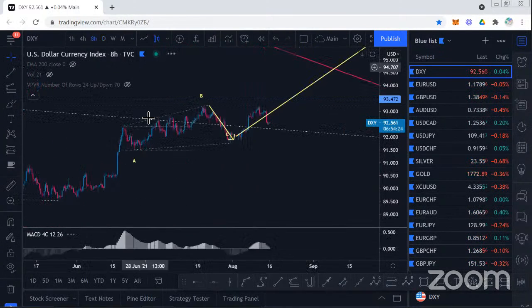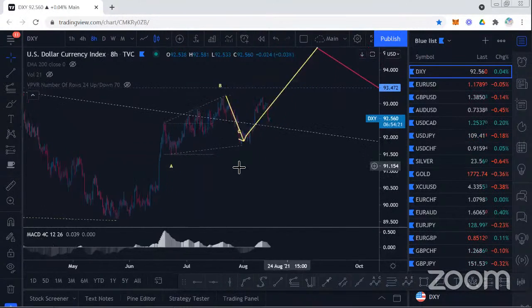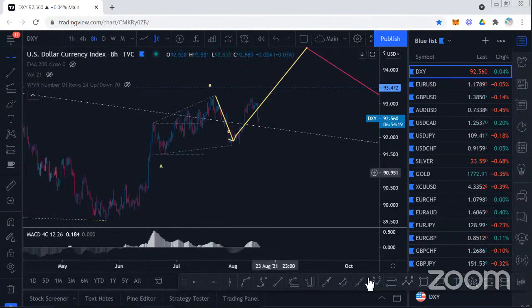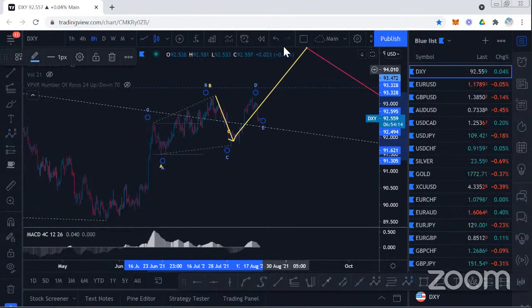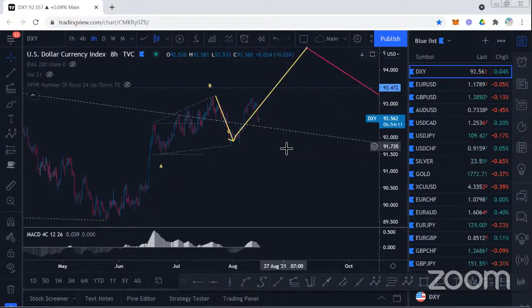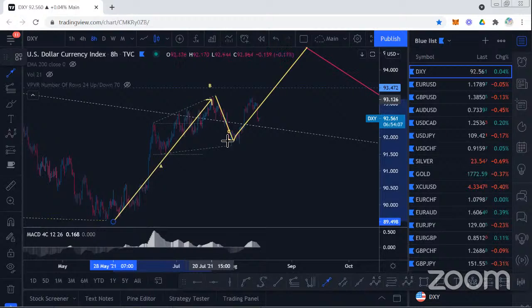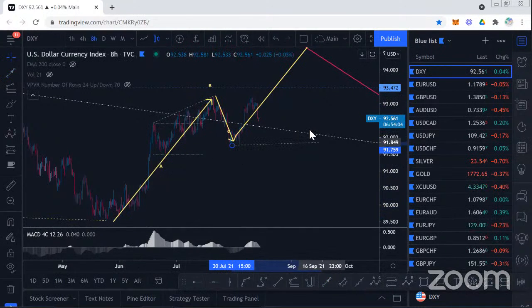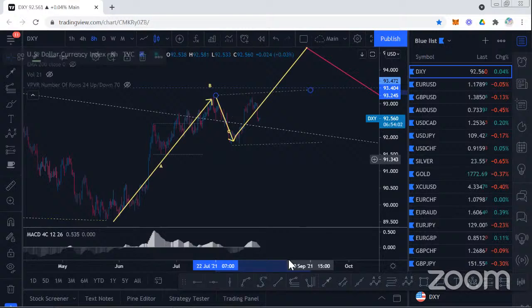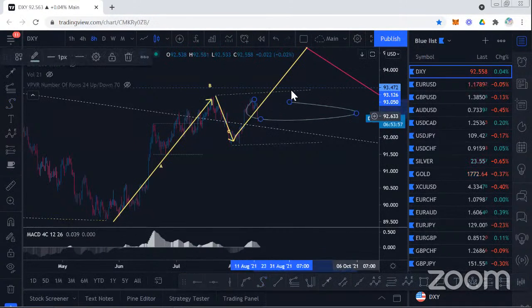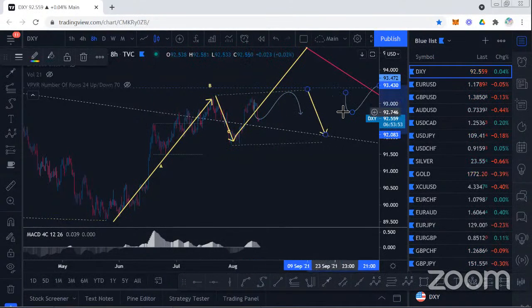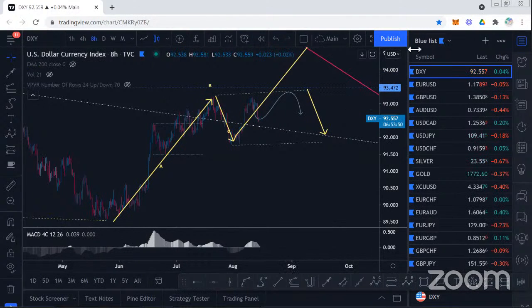I think what I'm seeing is really one of two things. Either we can look at this as an A, B, C, D, E, and we start to accelerate from here to the upside, or it's going to be a little bit more complex than that. This was the initial impulse, meaning we would have to move all of this correction over here. And this means it would get choppy in this region for some time and play out as a corrective structure, eventually with another dip to the downside before continuing to the upside.